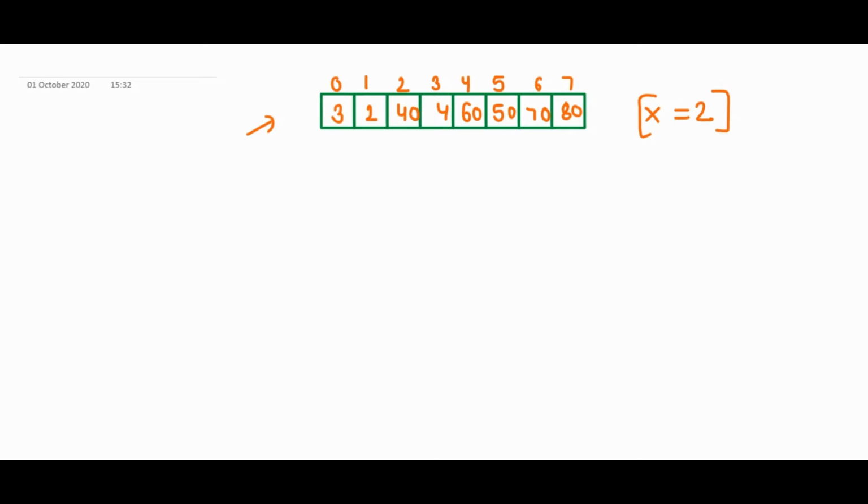Okay. Now let's see how we can use binary search here. So let's say I have start here, end here, and we have to find mid, right? So mid will be 7 plus 0 by 2, which is 3. So mid is this. So how did I find mid? Start plus end by 2, right? So we have to find 2.